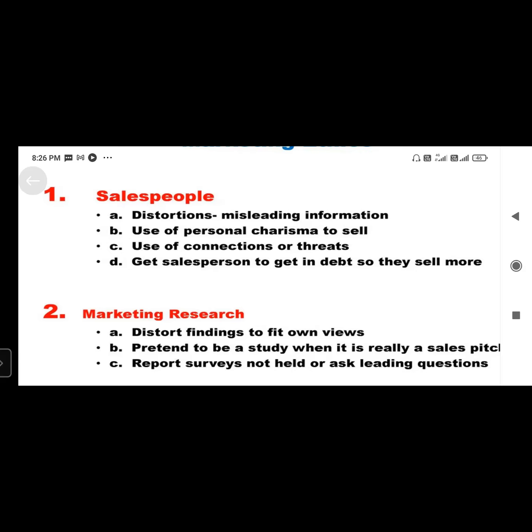Last one, get salesperson to get in debt so they sell more. Now this is the worst unethical practice, which says get salesperson to get in debt so they sell more. मतलब बहुत सिंपल है कि जब कंपनी ऐसी सिचुएशन करती है कि जहां पर सेल्समैन की अपनी काफी सारी जरूरतें बढ़ा लेते हैं,